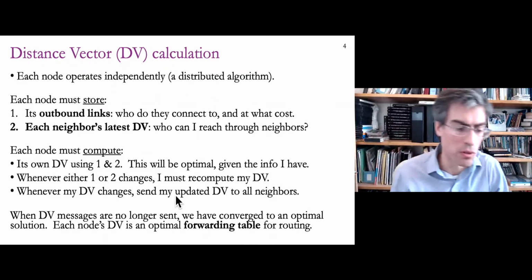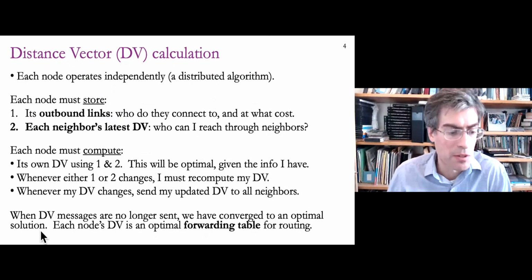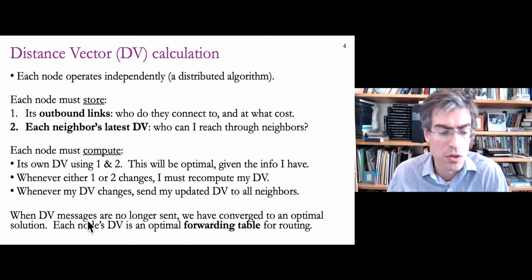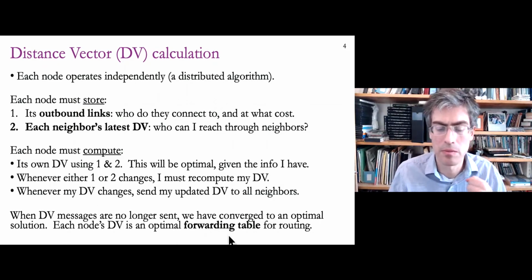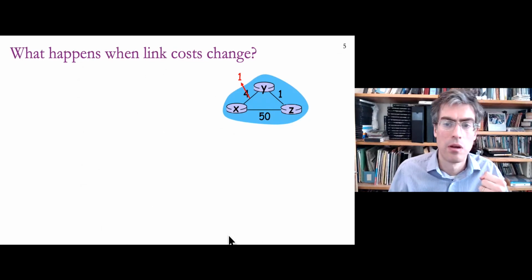And by following these rules, eventually we'll converge to an optimal solution. That is, everyone's distance vectors will be optimal. And you'll know that's true if no messages are being sent, the messages being the distance vectors that are being shared between neighbors. Okay. All right. So